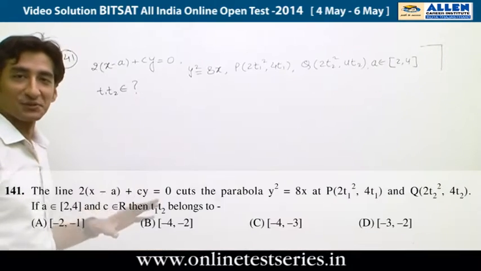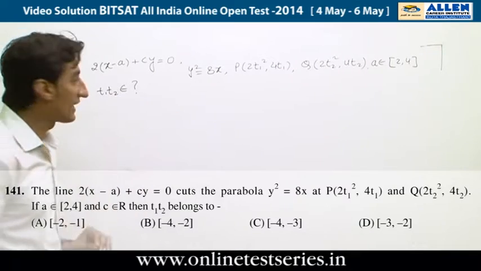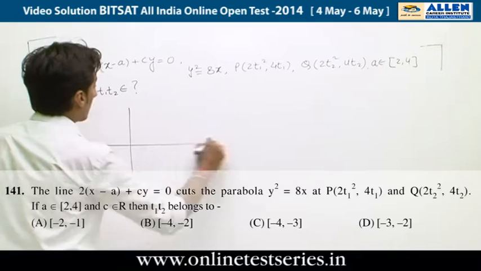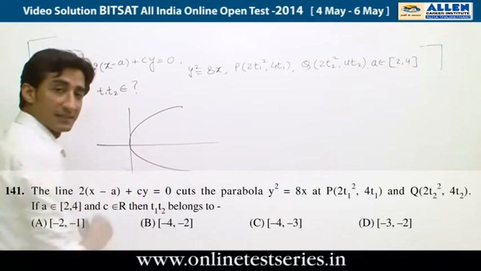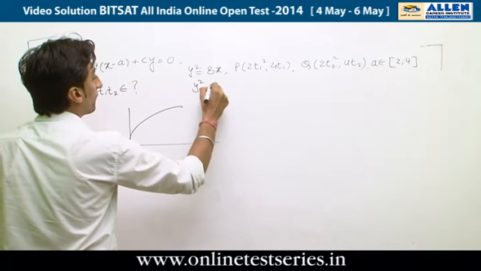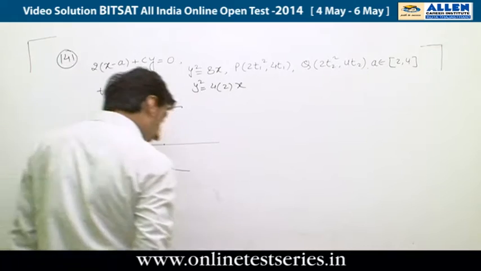Thank you so much. Alright, so this is question number 141, which is from the topic parabola. It says that this parabola y square equal to 8x, the graph of which would be something like this. Clearly its focus is 2, 0, since y square is equal to 4 into 2 into x, so 2, 0 is the focus,